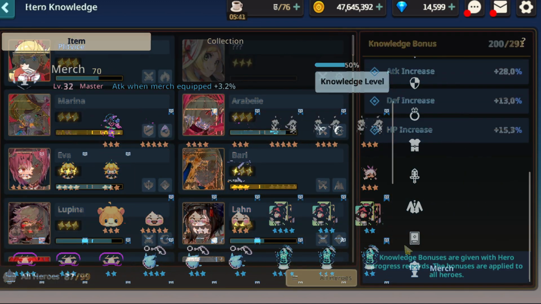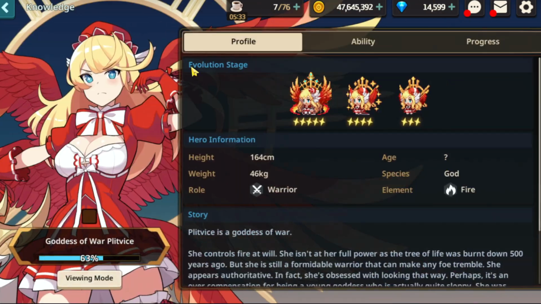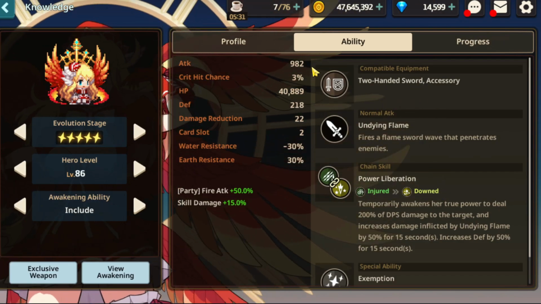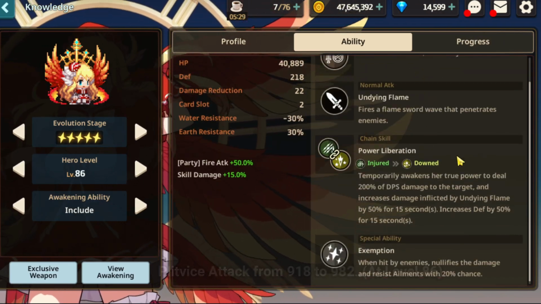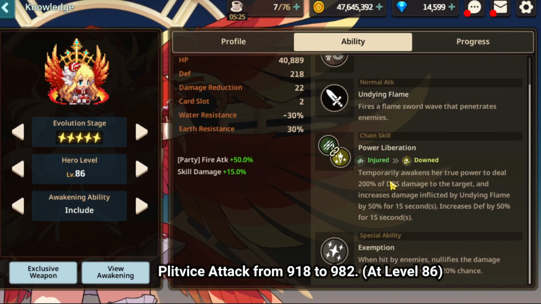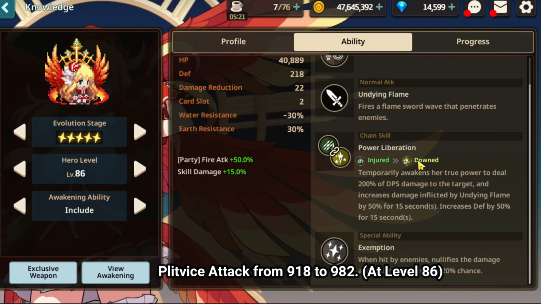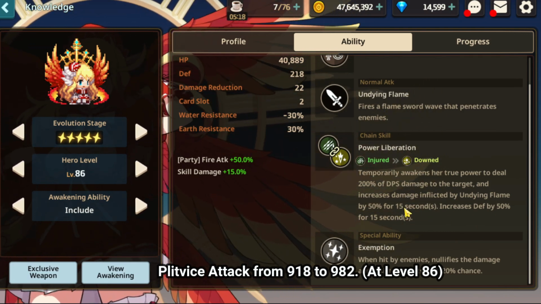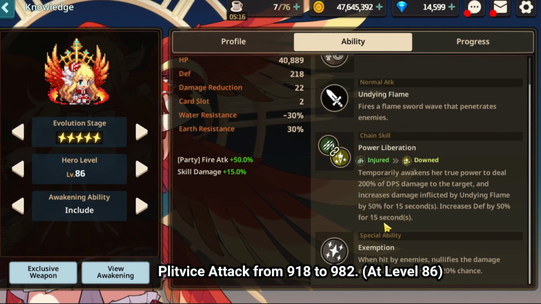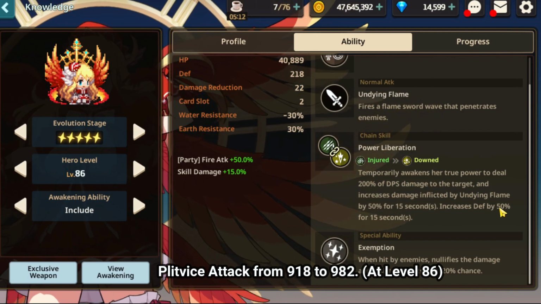Okay, so next up, let us take a look at the units buff. This time around, the fire melee units, namely Piltfire, Scintilla, as well as Lin, got a buff. So firstly, Werebeast got a buff to her attack stats as well as an improvement to her chain skill. The improvement to her chain skill is the increase in duration for power liberation from 10 seconds to 15 seconds. So this increase in attack for the normal attack as well as defense is pretty major,